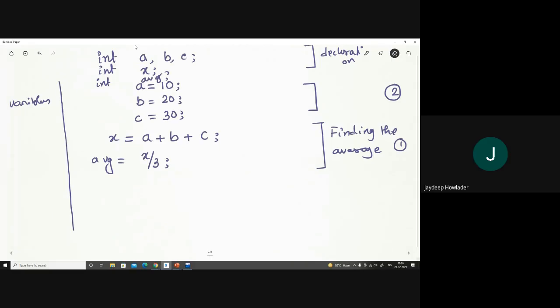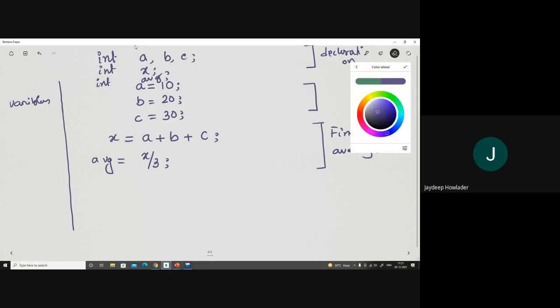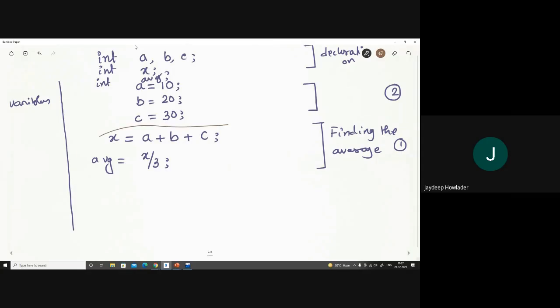So I have 1, 2, 3, 4, and 5 variables in my program. I have to declare the variables and their types at the beginning. Then I have to initialize the values. Then I have to go for the computations. Okay. So this is just the structure, this is just how we map the problem into code. Understand? So the solution of the problem lies only in this part.